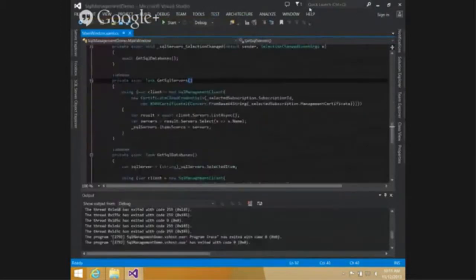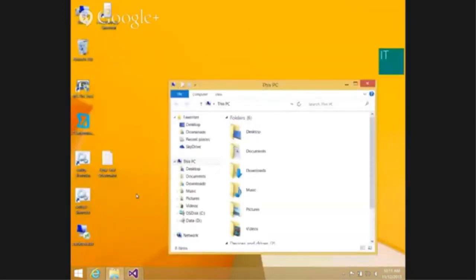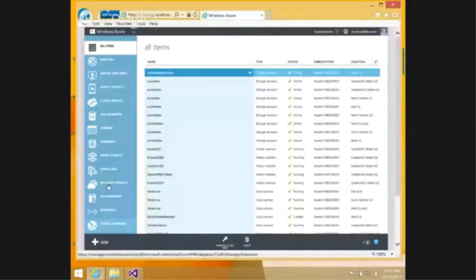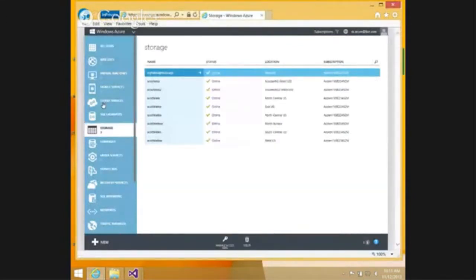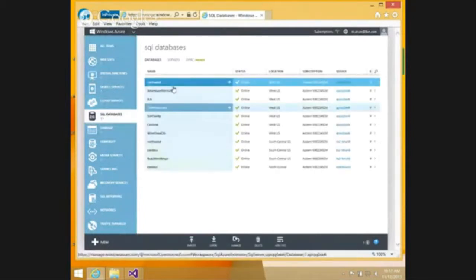Okay, a couple things now from the SQL database side. I think this is my subscription. Yeah, those are mine. Where'd all my databases go? Oh. Okay, so one of the things